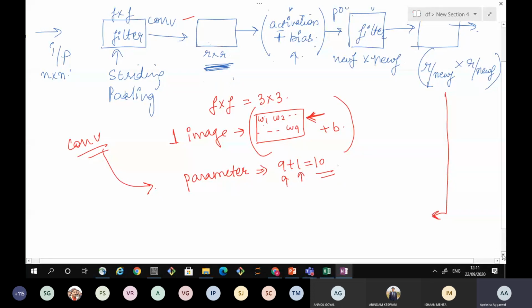this output image is having R by R by F. If I'm flattening this image, after flattening it will look something like this, blue color. So the size of this would be R cross R cross F. This would be the size in values. So this is one value, some V1.